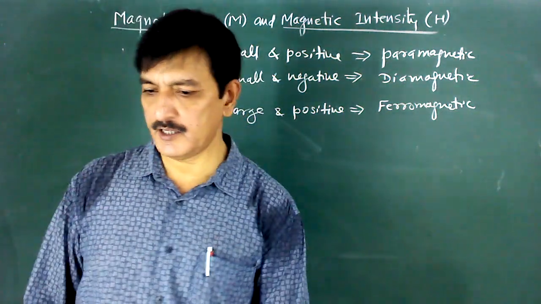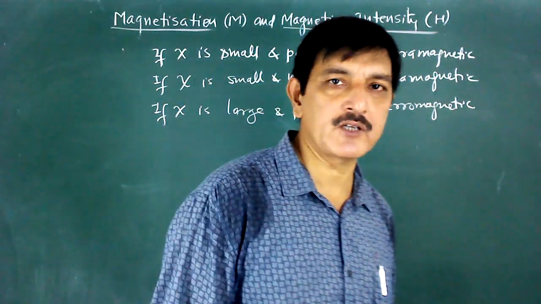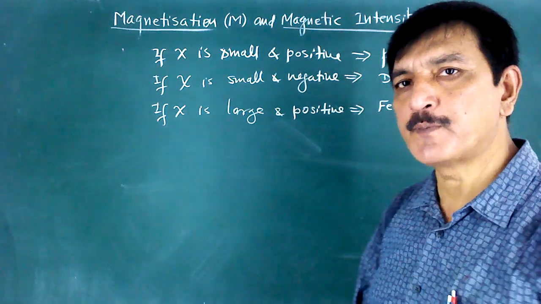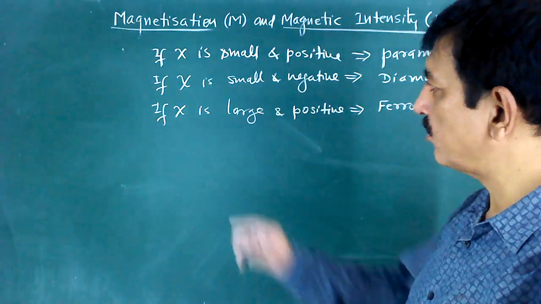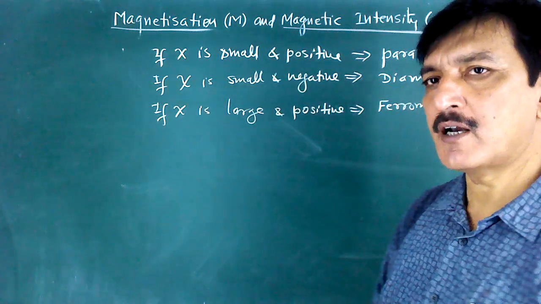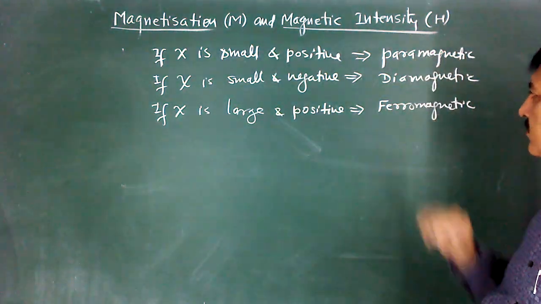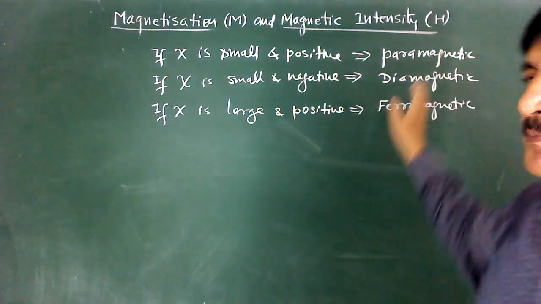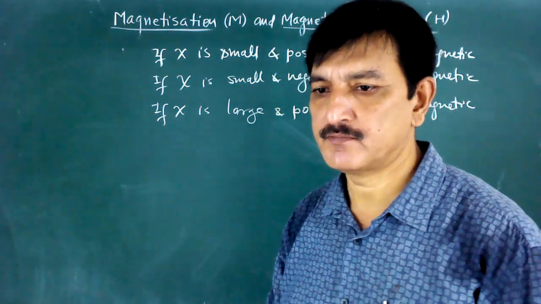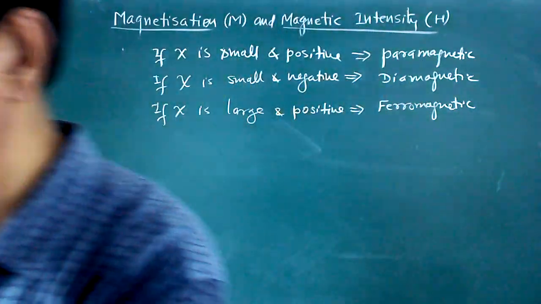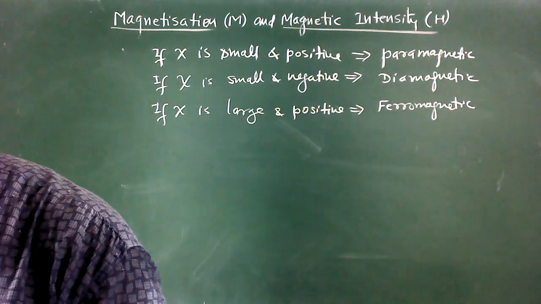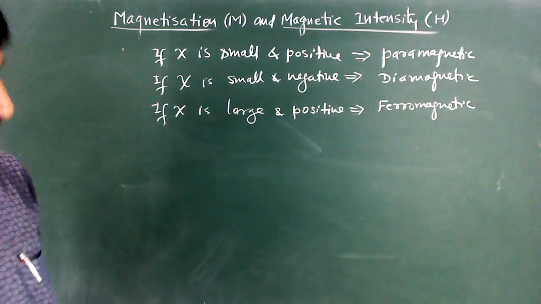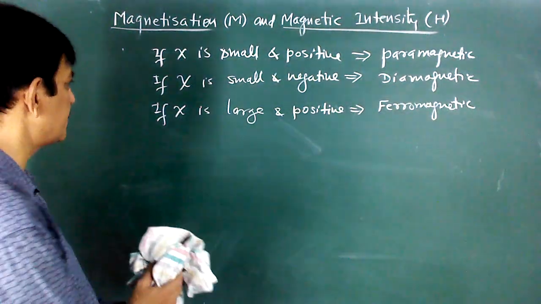So already it has been explained that xi is a measure of how a magnetic material responds to external field. According to that, a material is classified into three types: paramagnetic, diamagnetic and ferromagnetic, and these will all be explained in a later topic in the next class.